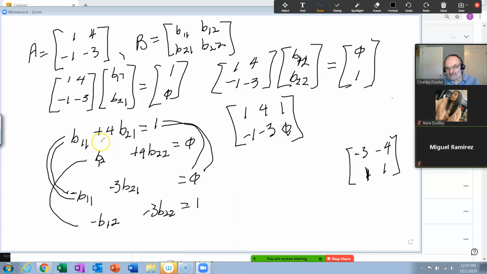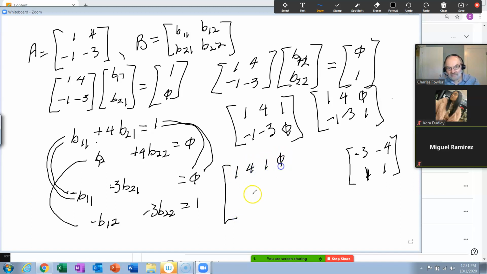That would have been this one and this one, okay? And then you solve for that. Well, this one would have been 1, 4, -1, -3. That's these two. And that would have been 0, 1 then. Since these two are the same, what they do is just combine them together and do a 1, 4, 1, 0, -1, -3, 0, 1, and do those all at the same time, do our row reduction, and you'll get exactly